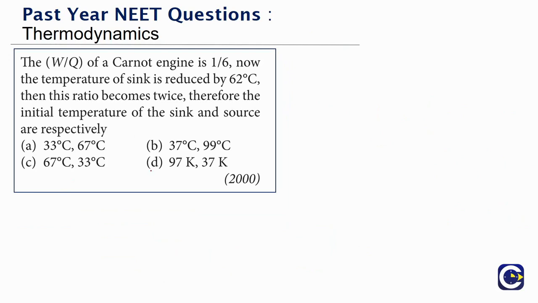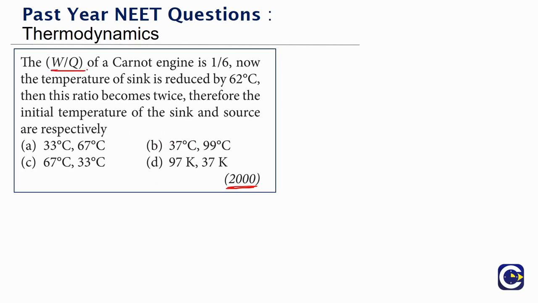Next we have a question that has come in year 2000. In fact, the same model of question has also come in one of the previous years that we discussed in the videos we have already covered. But the difference is that in that particular question they asked only one parameter. Here they are asking 2 parameters. So we will understand what I am talking about.